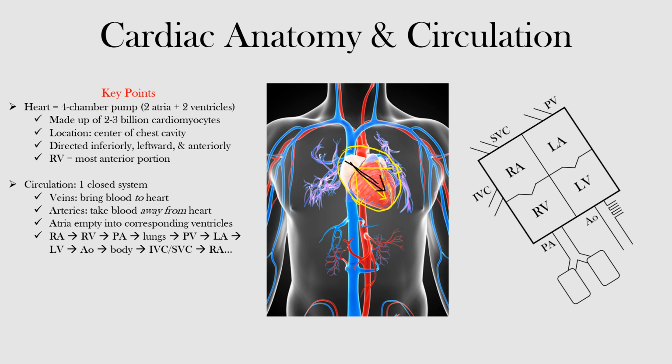This anterior view of the heart makes it evident that the right ventricle is the most anterior portion of the heart. So if you look here, our right ventricle is actually sitting right here, right over the anterior chest cavity. So this is our right ventricle. This would be our right atrium, our left atrium, and our left ventricle. And that's why you see that here. Our right ventricle in this area is sitting on the most anterior, and notice how everything is directed in that